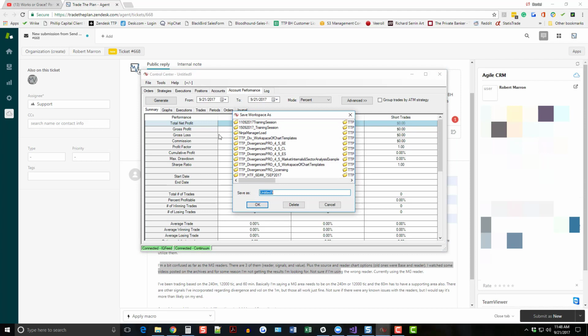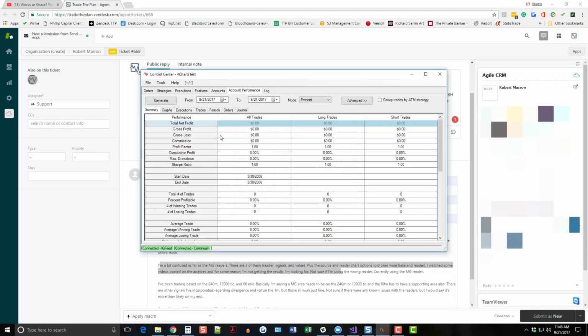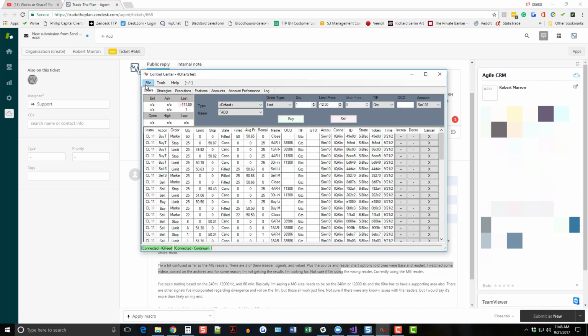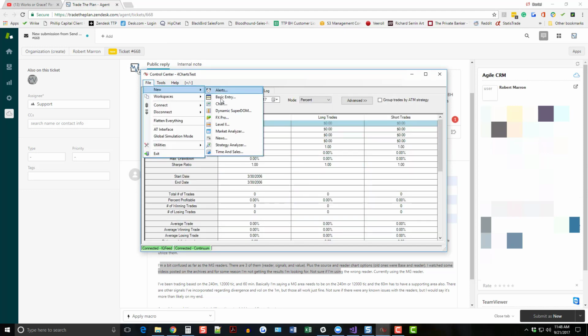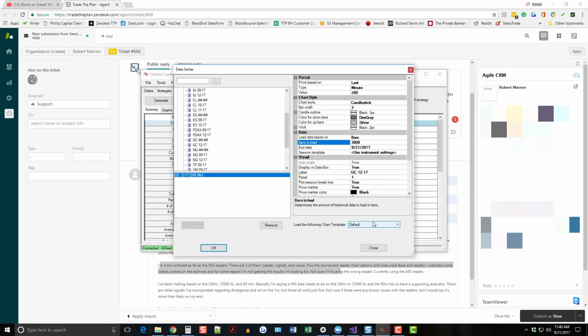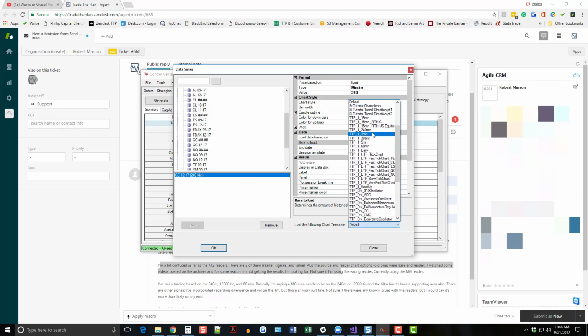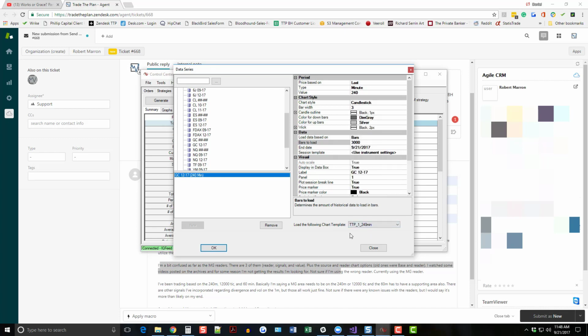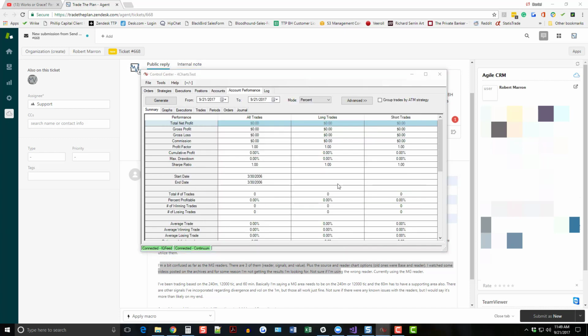save this as just whatever, 4 charts test. I'll do the 240-minute. Let's do gold. 240, and I'll use 3,000 bars and add the 240-minute chart template, TTP1 240-minute,